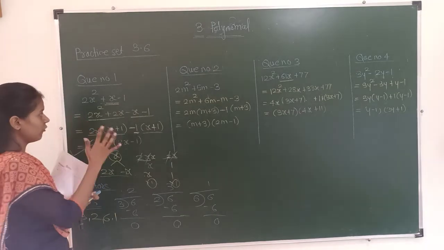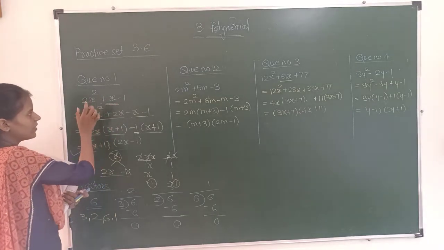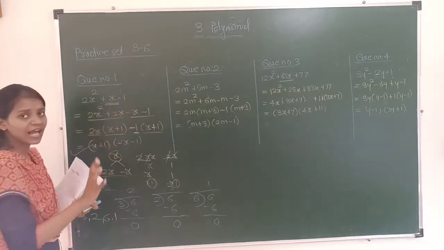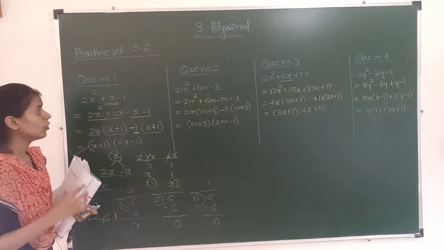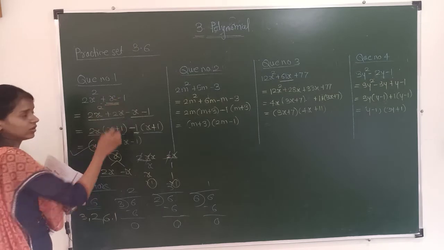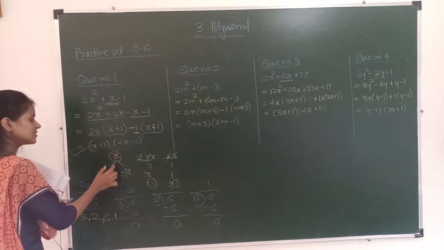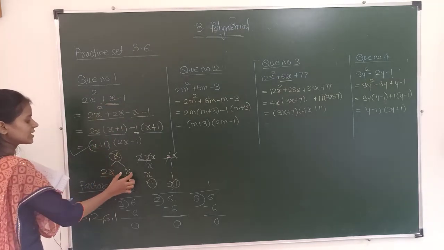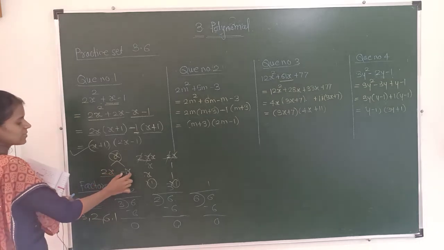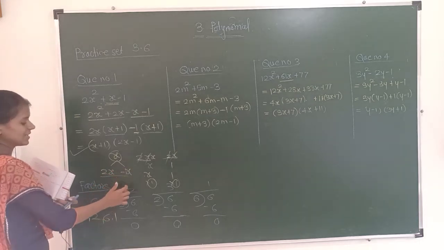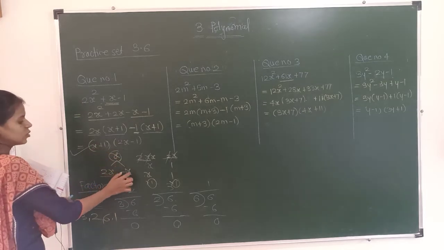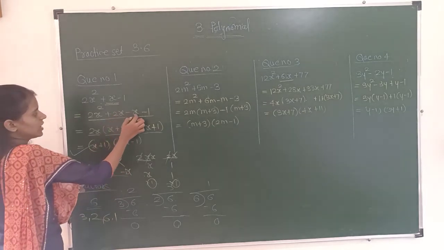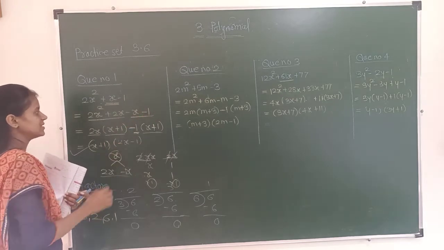See, keep focus. We have to copy the first term as it is, we have to copy the last term as it is. Now we have to replace this middle term. For replacing, we will find the factors of x. How will we factorize? x can be written as 2x minus x. 2x minus x is x, so we can replace x as 2x minus x. So we have written 2x minus x and this minus 1 as it is.